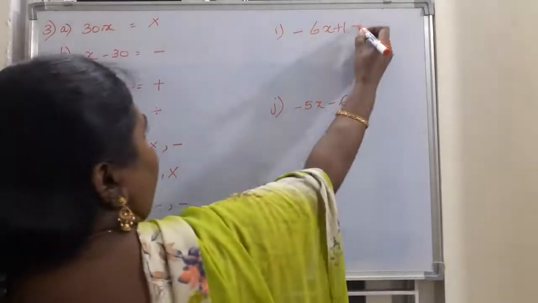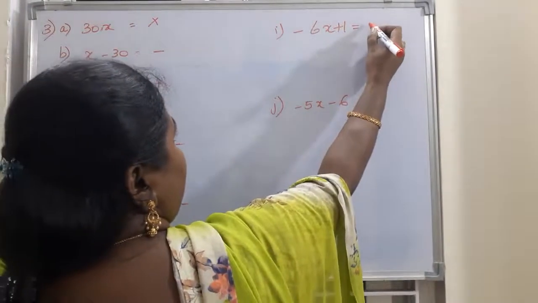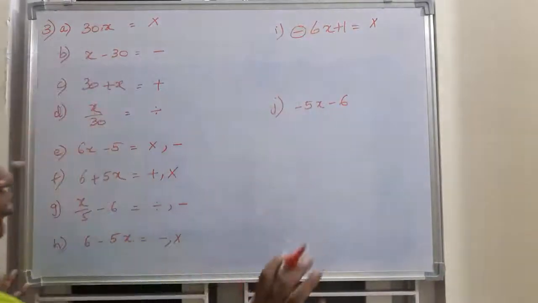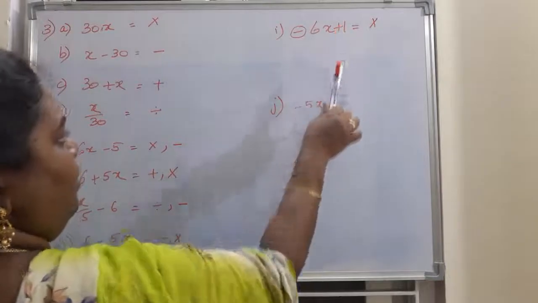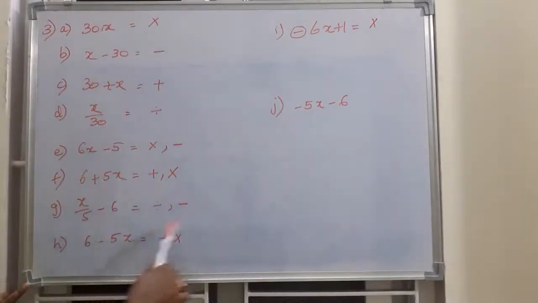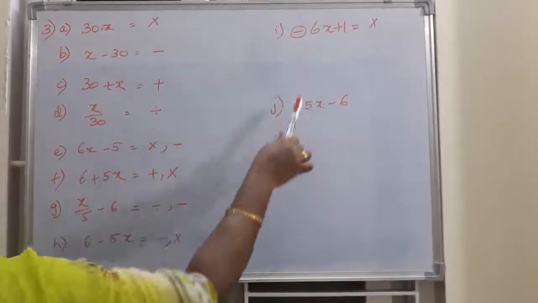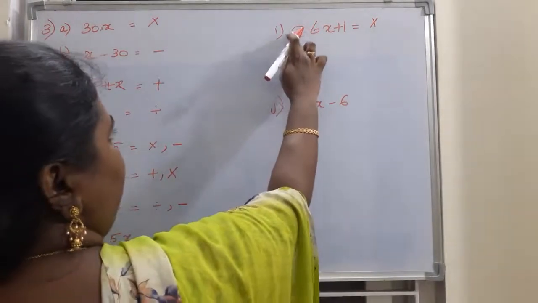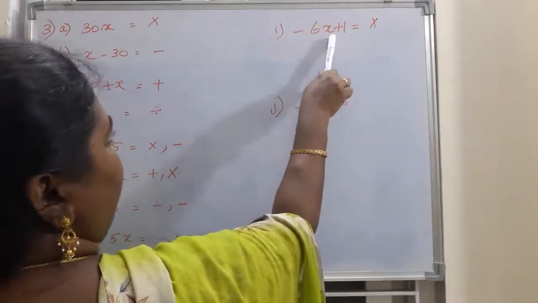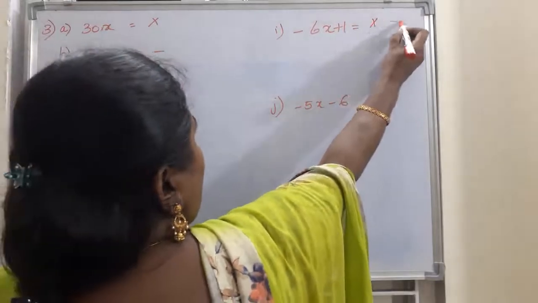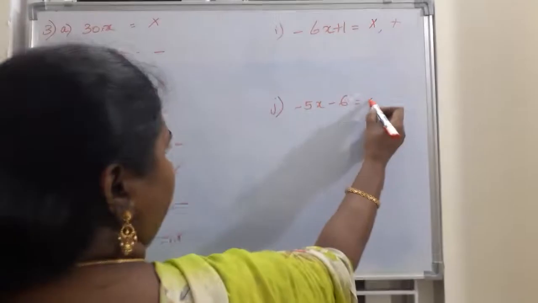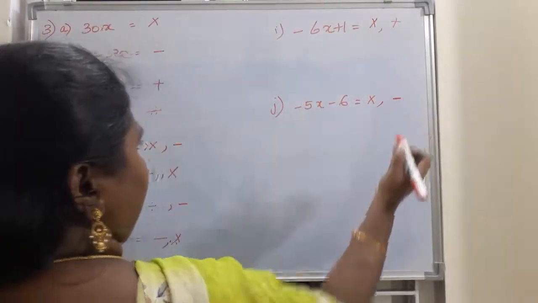Now I bit, minus 6x plus 1. If you see here, minus 6x is multiplication. This is not subtraction, children. Subtraction means it should be here or here, in the middle. If it is in front, it is just like a negative 6 number. So it's minus 6 number. So don't see this symbol and write subtraction. It is minus 6 into x. So multiplication and addition. Now here also minus 5x. So it is multiplication and subtraction.